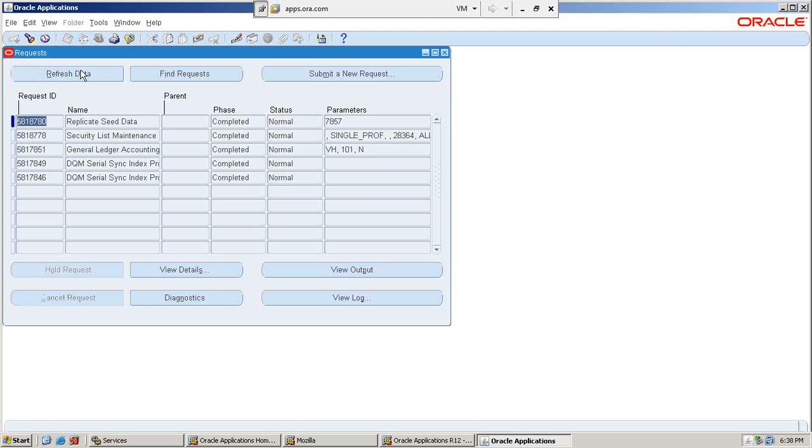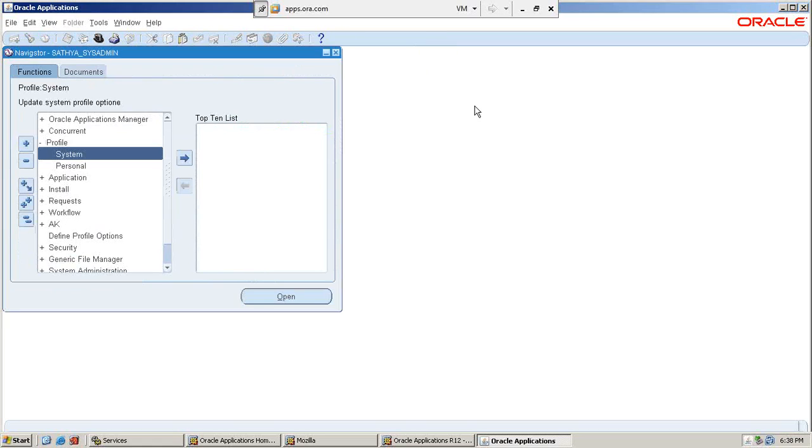Yes, it has got completed normally. Now I'll close this one. Now what is the next step after this request getting completed normally? Now the new org has got completed. Now for us, in any organization, to go ahead and start operations, you will have to open the periods. Okay,